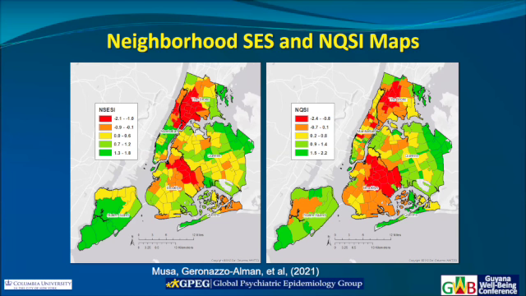And yes, there is a large overlap between SES and the quality safety indices, but not everywhere. For example, the yellow areas of Upper Manhattan versus the orange areas of Upper Manhattan in terms of the SES, they don't overlap 100%, which again, the more information that you have, the more in-depth our analysis can be.